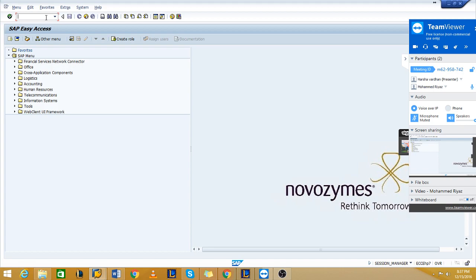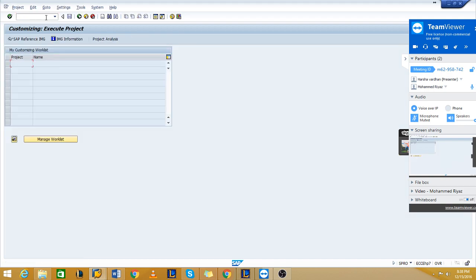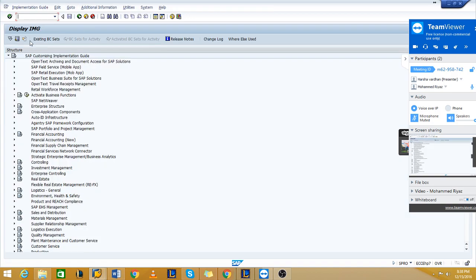To go through the path, you use the transaction code SPRO and click enter. Here you will find three options. Click on the SAP Reference IMG button. These are the steps available for configuring and implementing SAP.